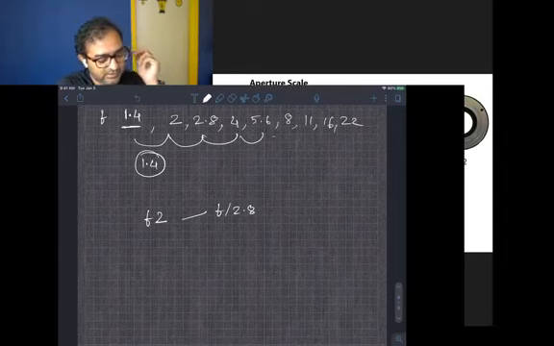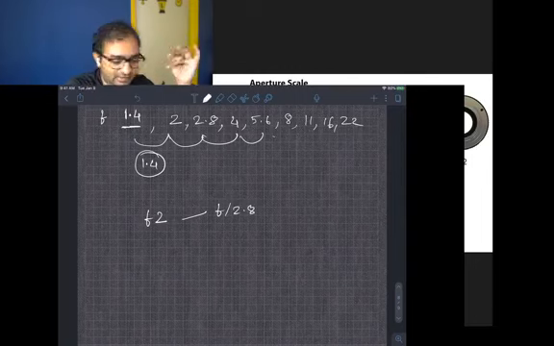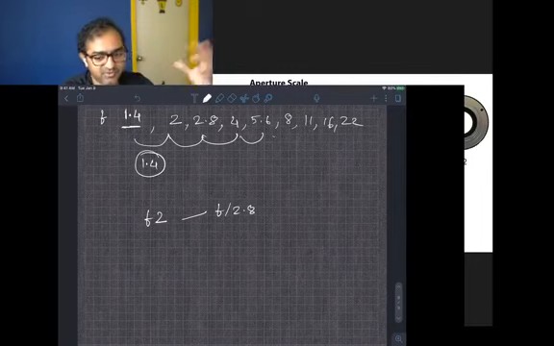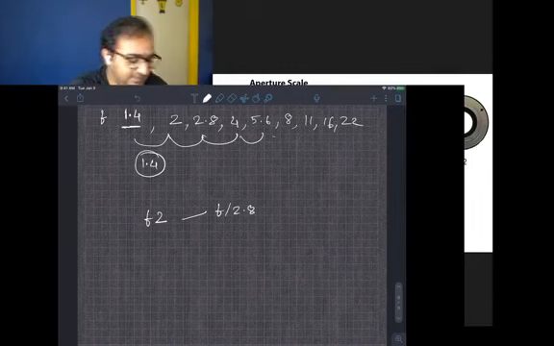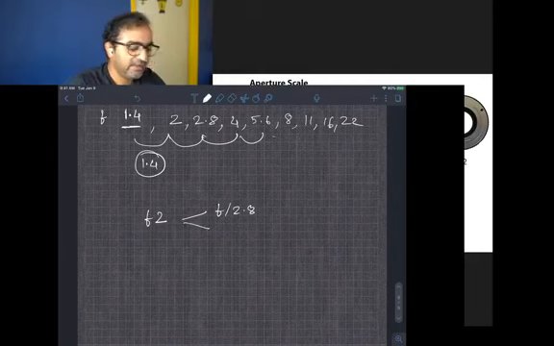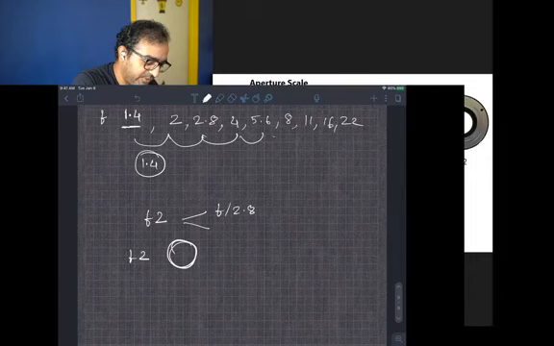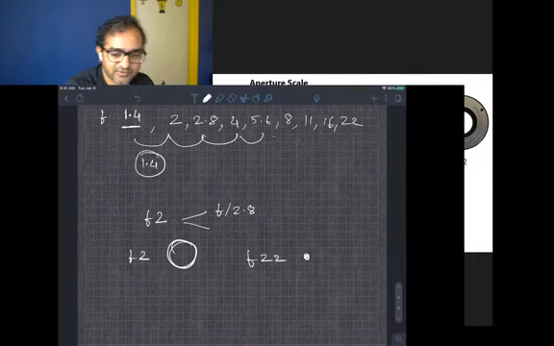So remember, as the numbers get bigger, the aperture gets smaller. As the numbers get smaller, the aperture gets bigger. It's a reciprocal relationship, right? So this is just something to keep in mind. So f2 is a larger aperture than f22, which will be a tiny aperture, right? So it's just something to keep in mind.